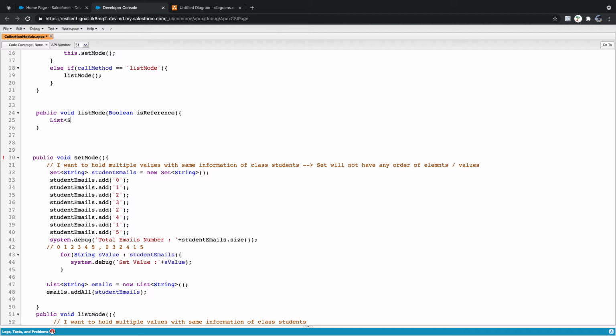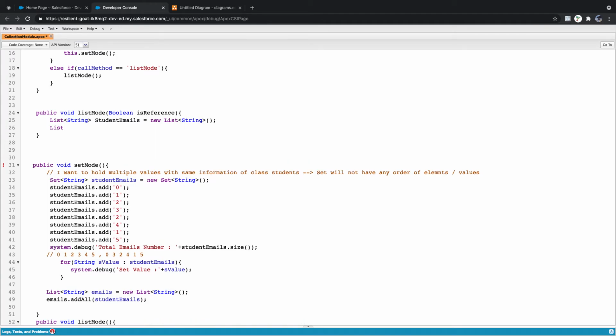Let's say list of string student emails equal to new list of string. Now I'll say list of string all emails equal to student emails. Now what I'm doing here, am I accessing data? I'm accessing the object.